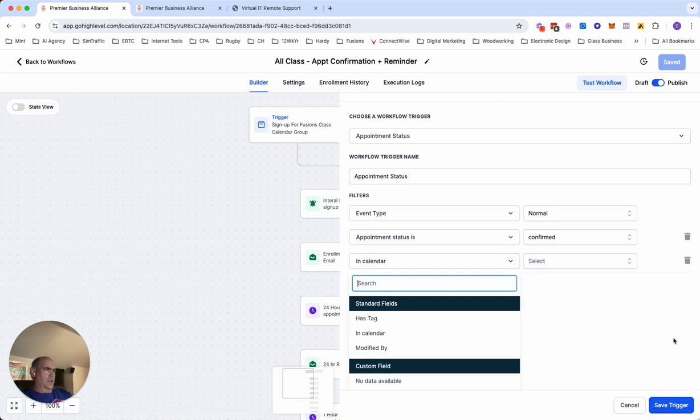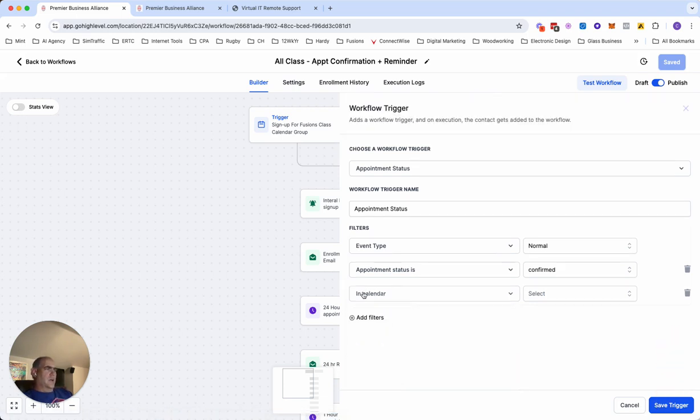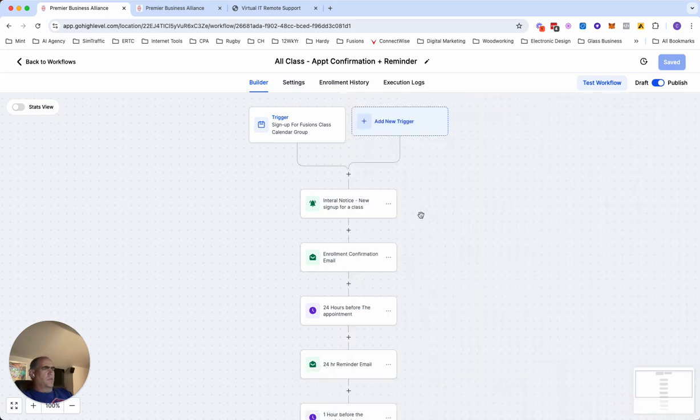oh, it won't do it now because it's already there. So I was doing a specific calendar. Let's just say we picked this Basics 1 class. This is what I was using to trigger it before. And then every time I added a new class, it would be on the list because it's based on the calendar name. So you could do separate sequences per calendar if you wanted to, but I really wanted it to be the